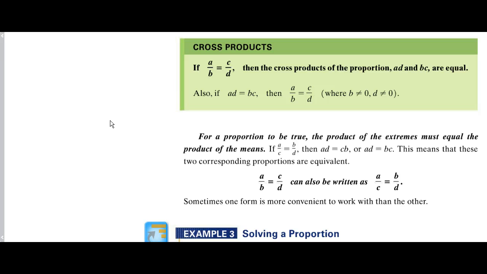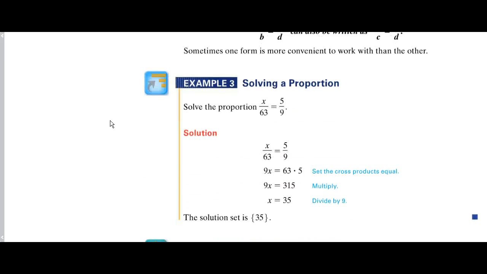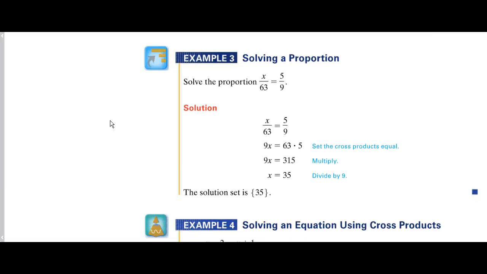There's the rule, and we'll go on to do some examples. Well, again, it's laid out quite well here. Let's just set it up: there's a ratio, and we're saying it equals this ratio. So if we cross multiply, 9 times x gives us 9x, and then 5 times 63 gives us